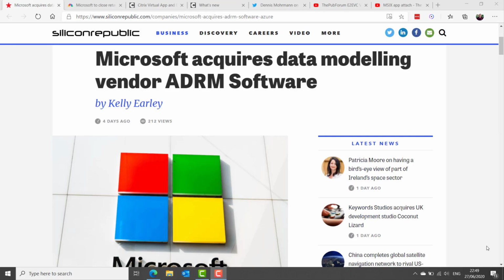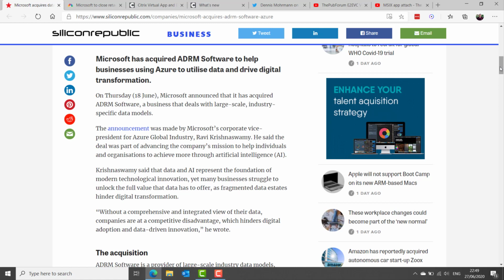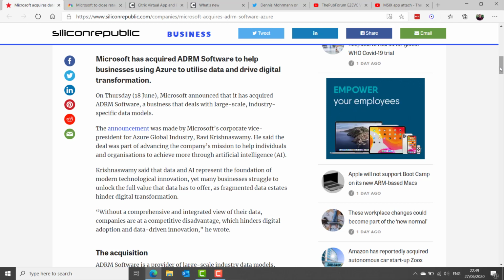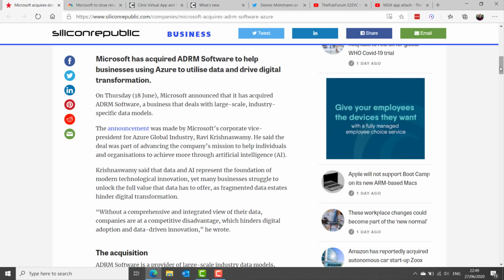And that was not the only acquisition Microsoft announced this week. They have also acquired ADRM Software. ADRM Software is a provider of large-scale industry data models which are used by large companies as information blueprints. It's claimed that combining comprehensive industry models from ADRM with limitless storage and compute from Azure will allow for the creation of the intelligent data lake, where data from multiple lines of businesses can be harmonized together more quickly. I guess it'll be interesting to see if it really is conditions for the likes of Microsoft to acquire more companies, who else they might acquire in this time.